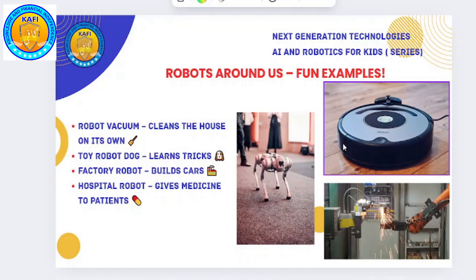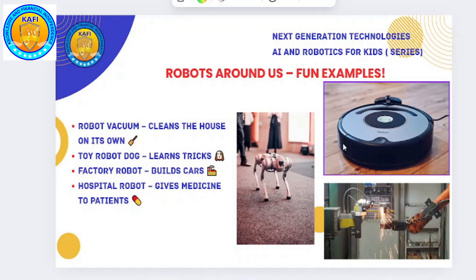So there are robot cleaners, so you don't have to clean the house yourself. They will clean the house by themselves. You will put them in the corner of the room and they will just move around the room and clean the room.